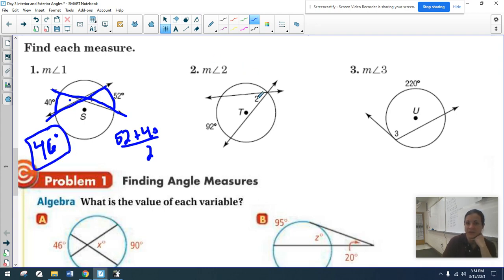Okay, over here I'm looking for angle 2. And this one, if you notice, is an inscribed angle. If we used this formula, you'd be doing 92 and 0 because there's no angle there, and cutting in half. Or if you notice, it's just inscribed. The vertex, the corner, is on the circle. So this is where we just took 92 and cut it in half. That's kind of from yesterday. And that's going to be 46